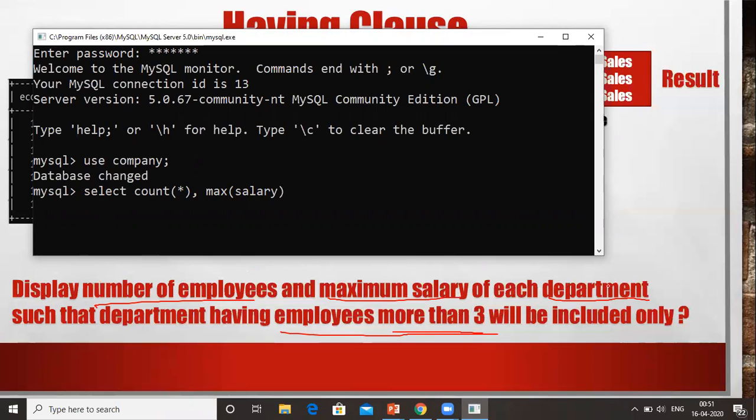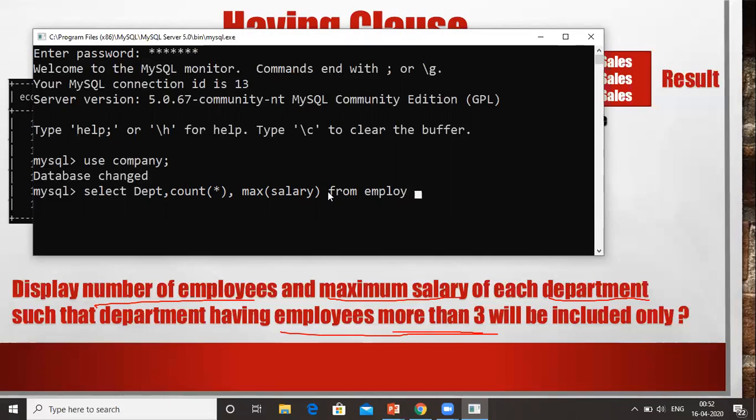So over here we get the knowledge that we have to make groups as per the department. As I told you earlier, whatever field we have selected for preparing the group, we have to specify that field name in our select clause. So we have put select department, count(*), max(salary) from the table, the name of the table is employee, right?